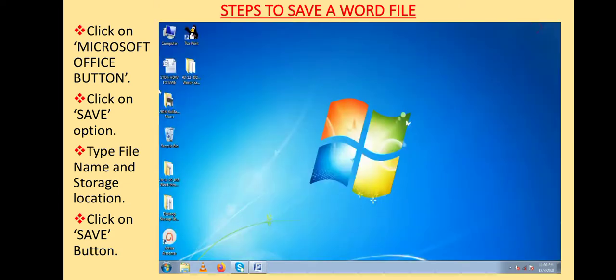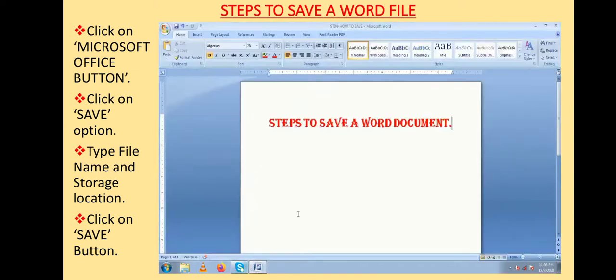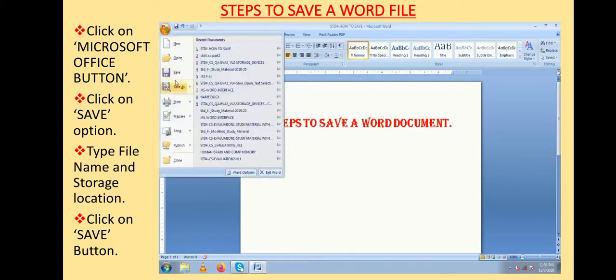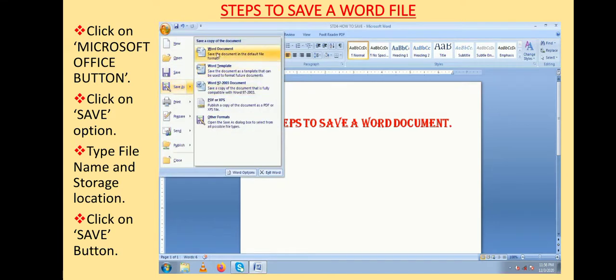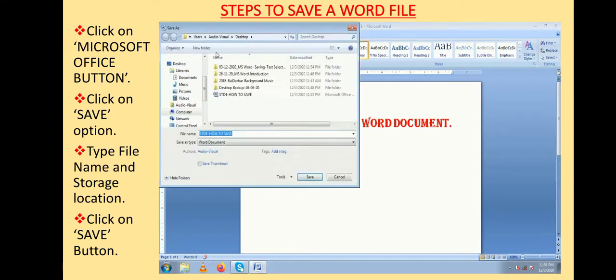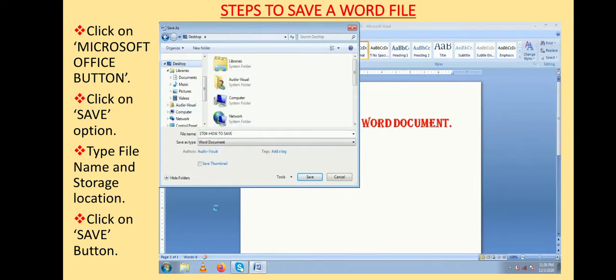If you want to see your saved file, then go to that location. Like we have saved our file on the desktop, so it is available over there. Now, if you want to save the same file with a different name, then for doing this process, you can use the option Save As. Same steps you have to follow if you are selecting this option.